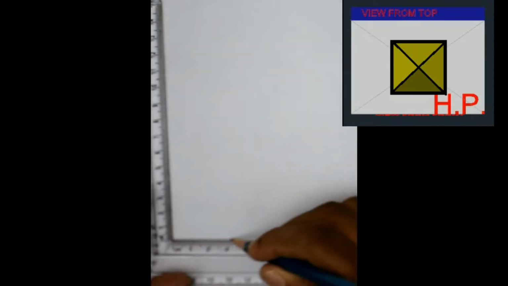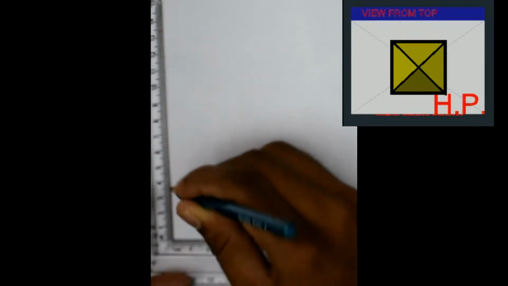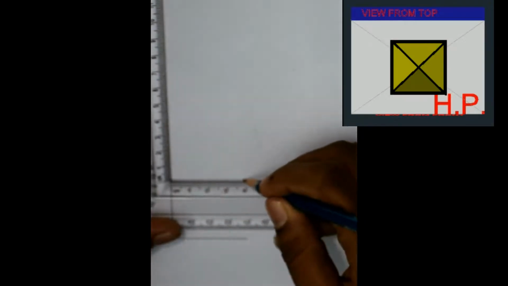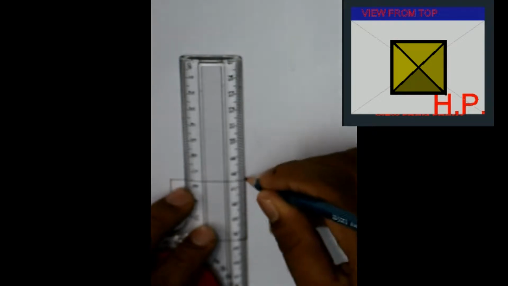Again, we will start with the top view because it is a square of 40 mm side. This is our top view.